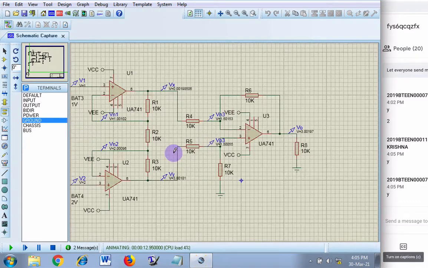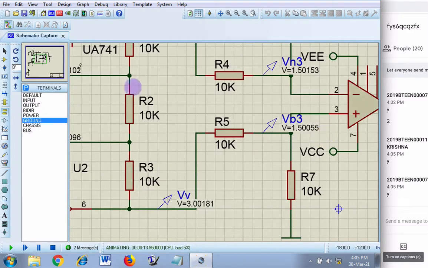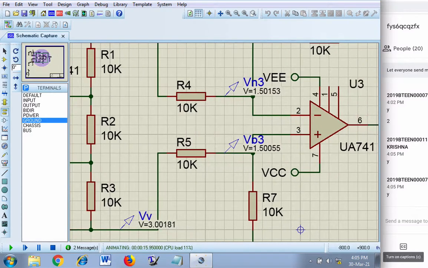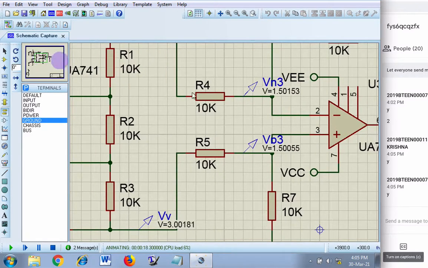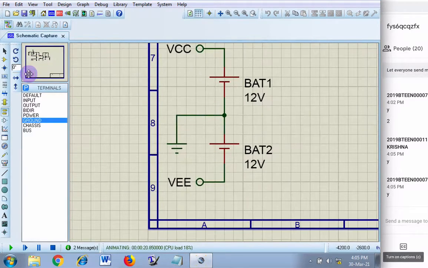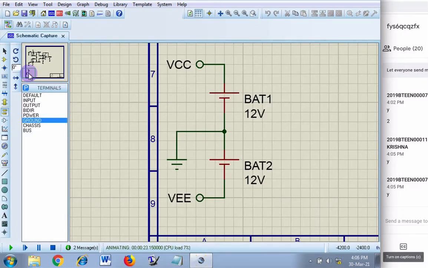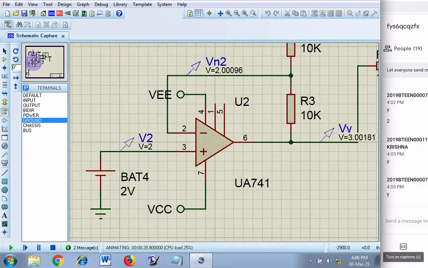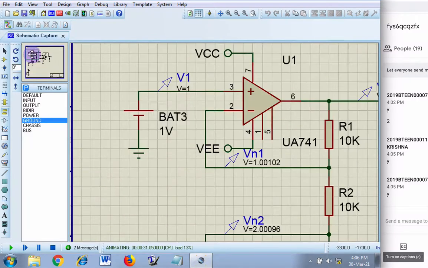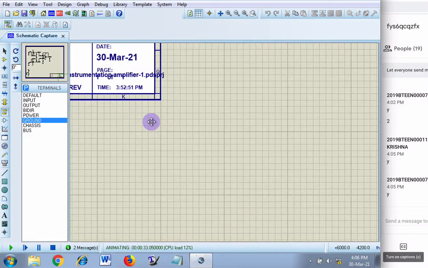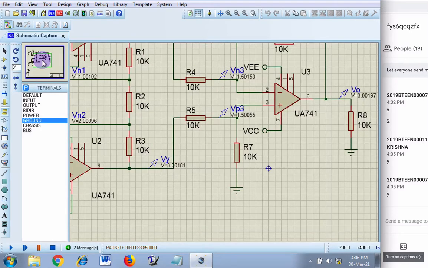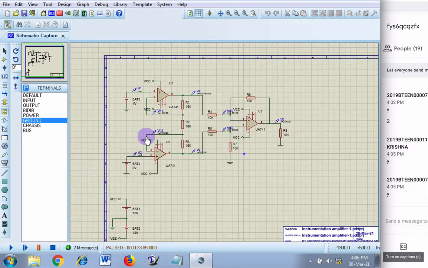Connecting the circuit. While connecting the circuit, you will use VEE and VCC terminals as indicated here, and you will create plus minus supply separately like this. Here VCC, VEE, batteries, 12 volt, center point grounded, and then do the connections of the various op amps as in the book. Everybody getting this point? Yes or no?